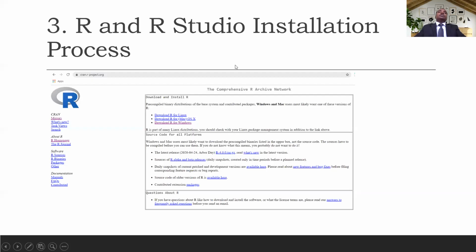Then we will be installing our R and RStudio software. So let's go to cran.r-project.org. On this site you can download R for Windows or any other operating system you have.